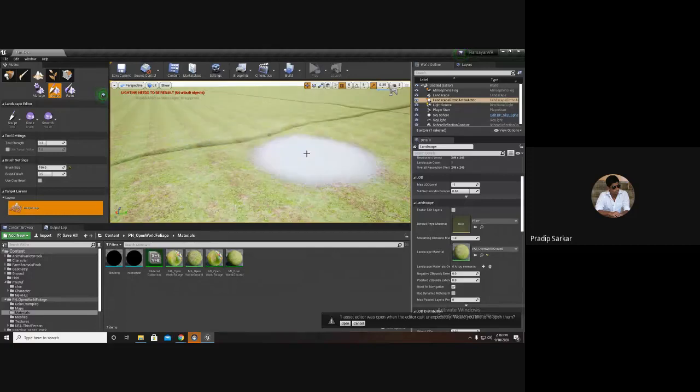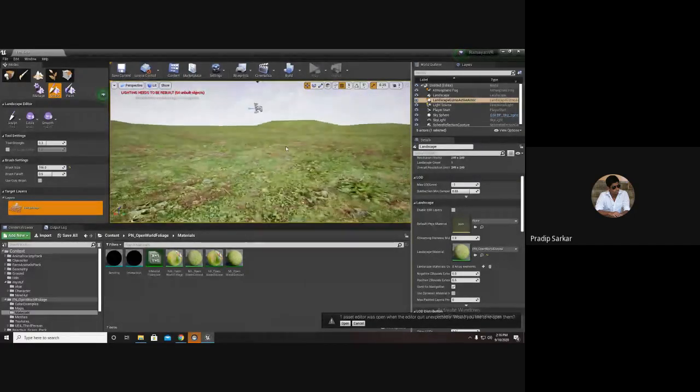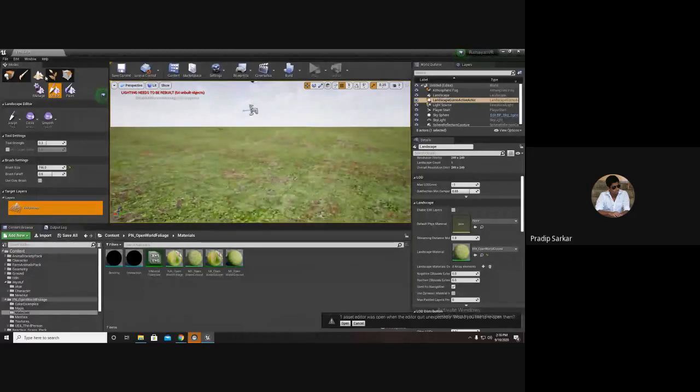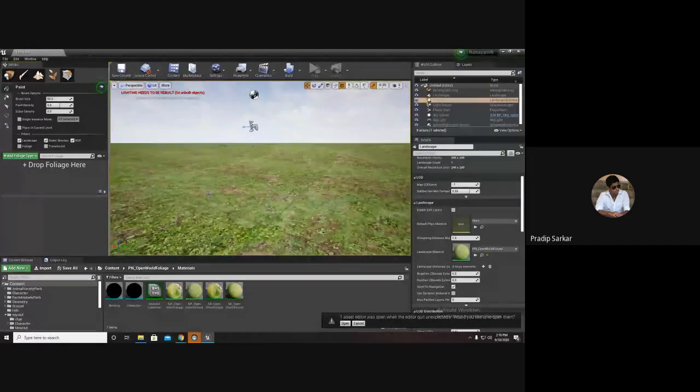Next, once I have done the sculpting, the next option is the foliage. The foliage is something which contains the grass, trees, and all other aspects such as the rocks, and all those things can be a foliage.